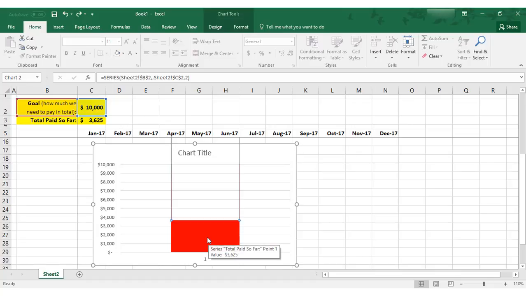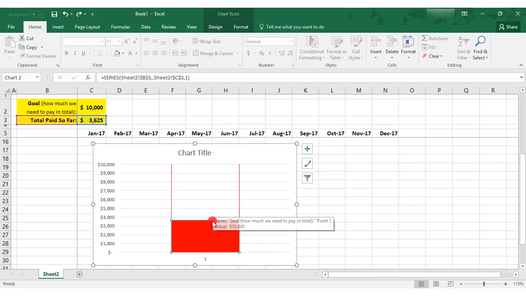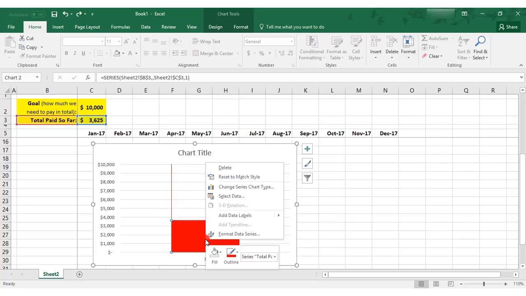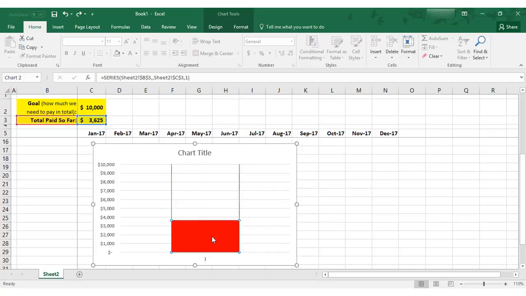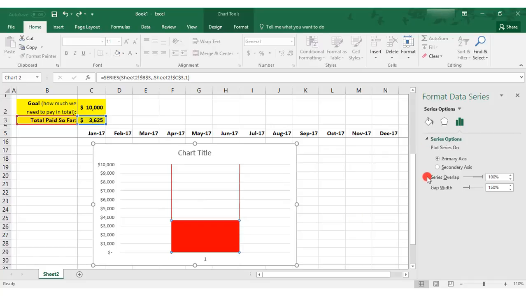So to make our thermometer thinner, you'll want to click again on your data series. I've selected the bottom, but you can just as easily select the top one, and right click and choose Format Data Series, and this brings up your series options. Now the gap width increases the gap between columns, but in doing so it also makes each column thinner, and since we only have the one column, it'll just make it look a little bit thinner. So we'll change this from 150 to 350 and click Enter,